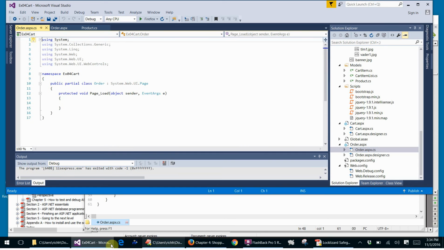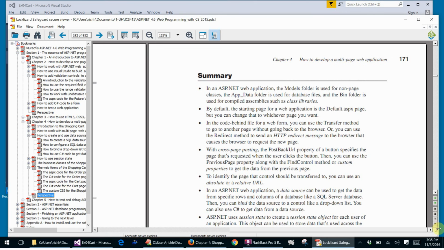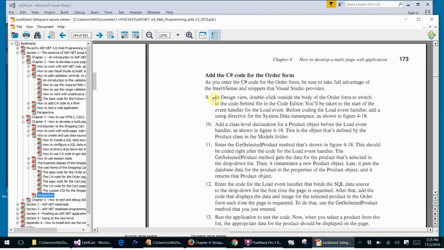And if we go down the line here on our exercise, we see that, okay, in Design View, double-click on the body of the order form to switch to the code behind file, and you'll be taken to the start of the event load handler. Before coding the event load handler, add a using directive for the system data namespace because we're going to connect to the database. So to do that part,